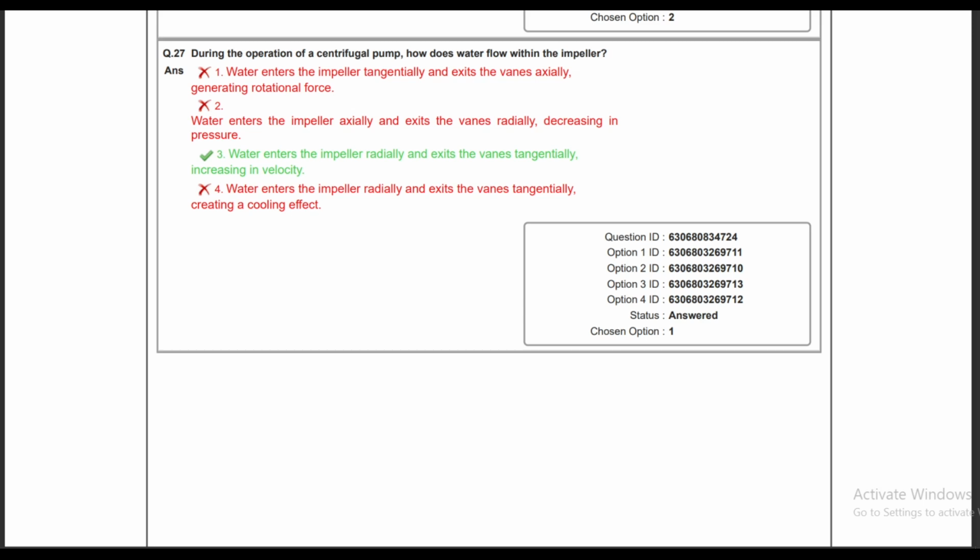Next is, during the operation of a centrifugal pump, how does water flow within the impeller? In this, the third statement is correct. Water enters the impeller radially and exits the vanes tangentially, increasing in velocity. So you can note it. Water flows into the impeller radially, and this radially it will flow at the center,